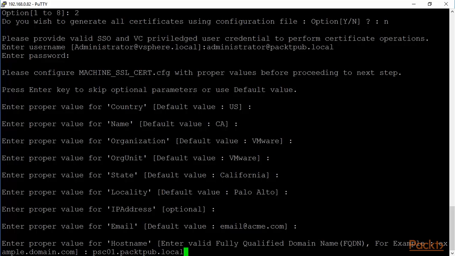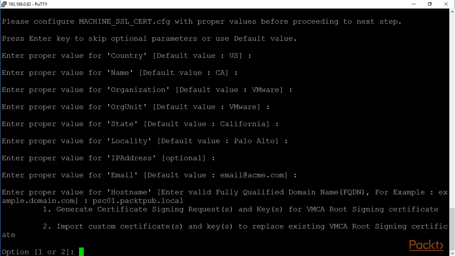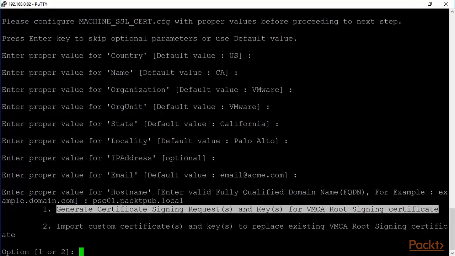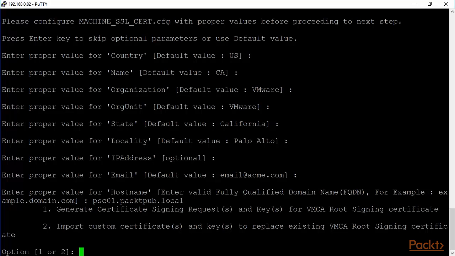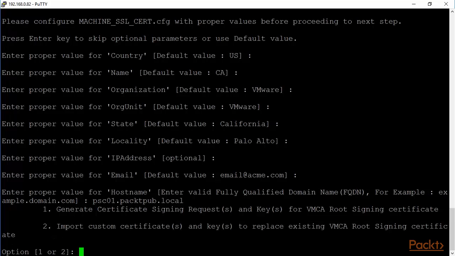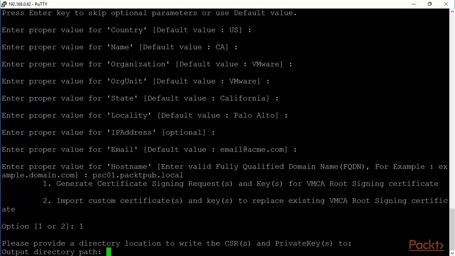If this doesn't work, I'll have to check it in my domain name server. It's fine. Generate a CSR, certificate signing request, and keys for VMCA root signing certificate. Or I can already import a custom certificate and key to replace this root signing certificate if I have already generated a CSR and sent it over to something like VeriSign or whomever, so that we have a certificate that is actually available. So we're just going to stay with generating a CSR, and we will provide a directory path,